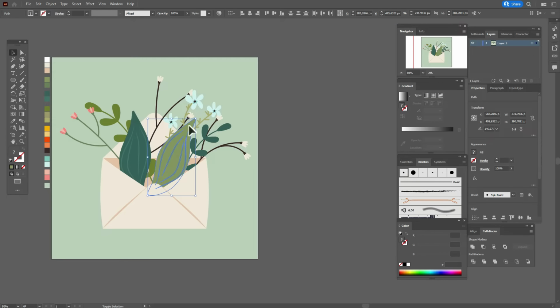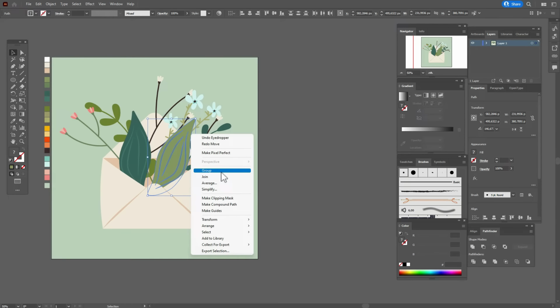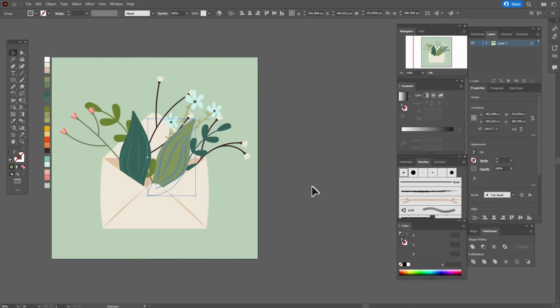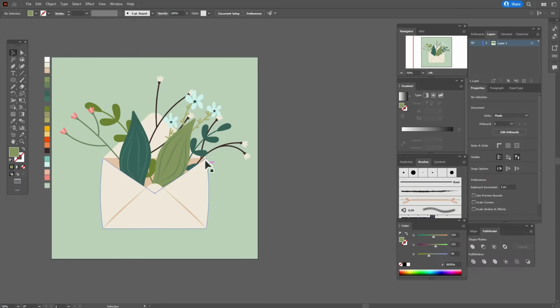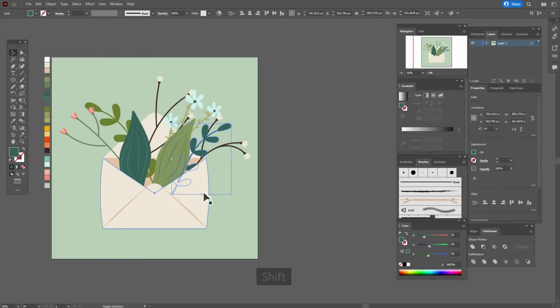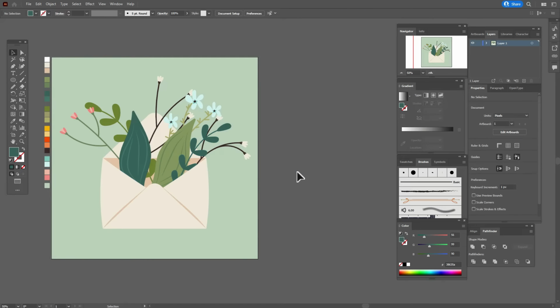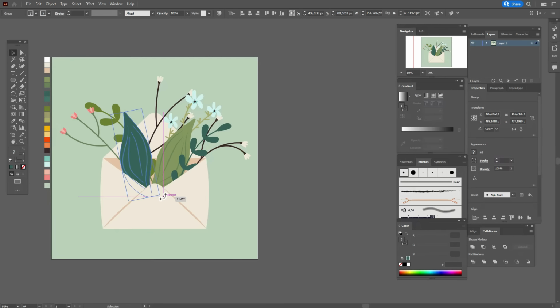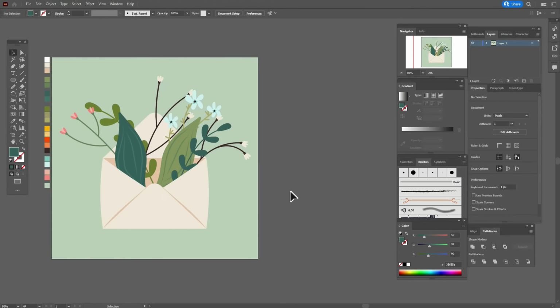Now select all lines and leaf and group them. And now I'm going to select the first leaf and the part of the envelope and send them to front, like that. Okay, now let's play a little with these leaves